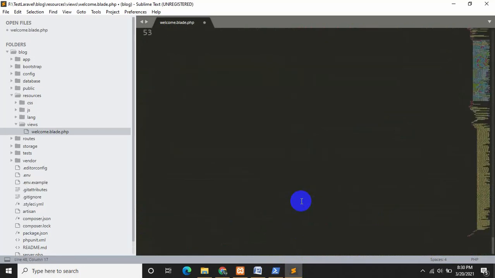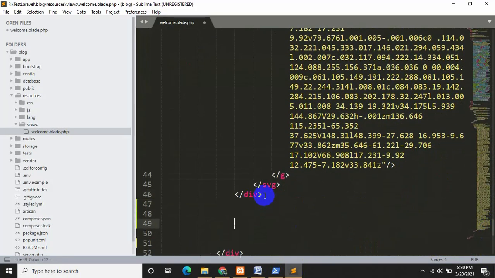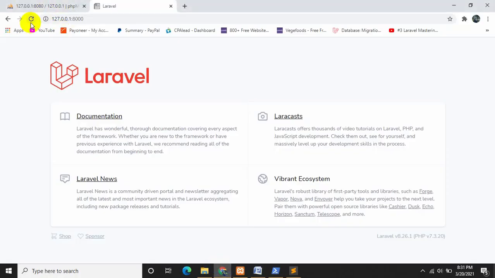Okay, and then let us just write an h1 here, let's say, Welcome to Laravel tutorial. Okay, let's save it, and let's refresh over here.